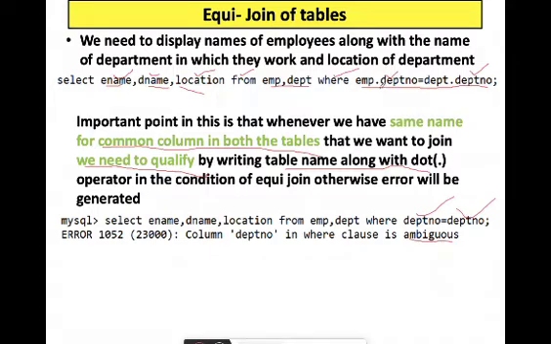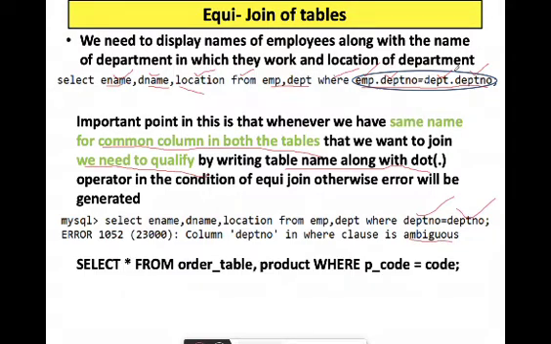Why? Because MySQL will not know which dept number is being equated with which dept number. Like if you have two Rahuls in the class, you generally write Rahul 1, Rahul 2, or you say Rahul Verma, Rahul Sharma. You identify them by their surname. You qualify them with their surname. If you just call Rahul, both the Rahuls will answer. So to avoid this confusion in MySQL, you qualify the common column having the same name by writing the table name. Emp dot dept number is equal to dept dot dept number.